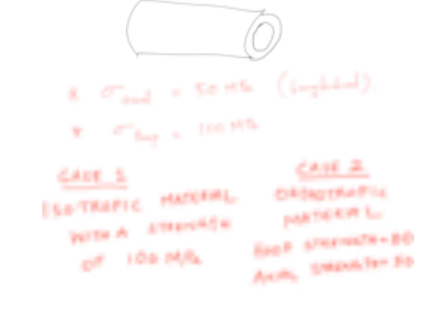In option 2, the designer comes up with an orthotropic material with a hoop strength of 100 MPa and an axial strength of 50 MPa. Which one looks more convenient or more innovative? Obviously the second one. So this little example shows you actually